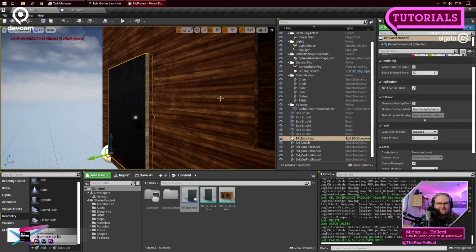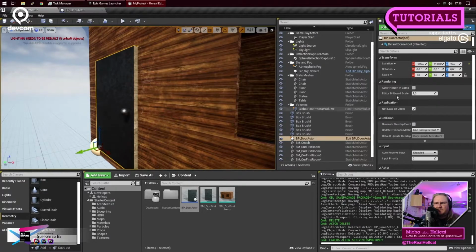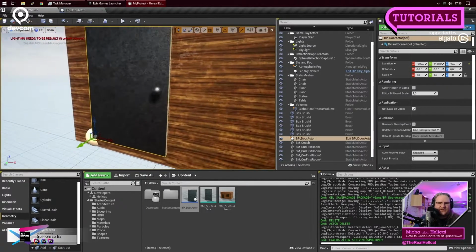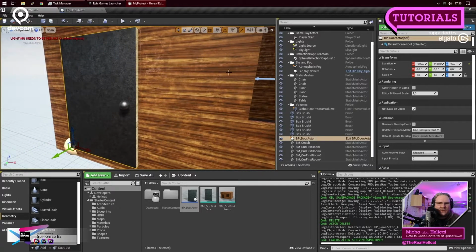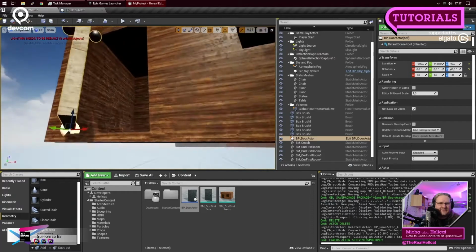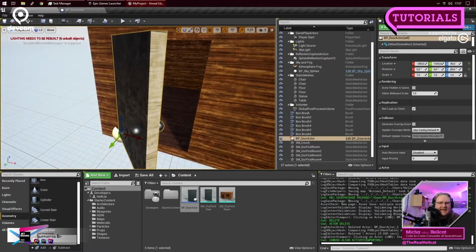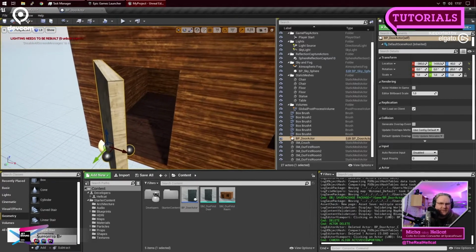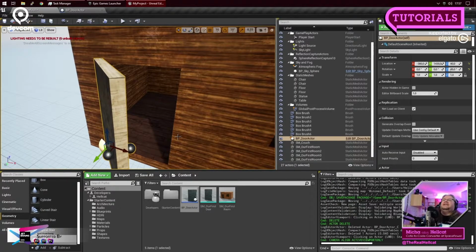So now we have our door, which is not rotated, which is at a neat position and fits perfectly into our doorway. And should we give this a rotation like 45 degrees, you can see it swings open nicely, like you would expect from a door. So this is one quite easy way, because